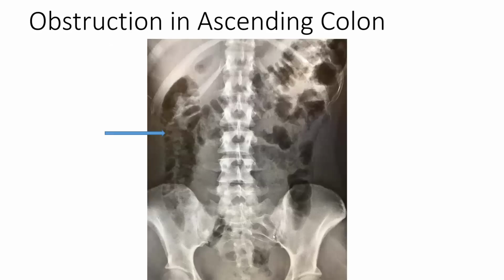Now, here we see a blockage in the ascending colon. Remember, soft tissue doesn't show up well under X-ray. Bony tissue does. But here we see this dark area is obstruction in the ascending colon. So we can see that the descending colon looks fairly clean. The transverse colon, which sort of goes up at an angle, which is perfectly normal, looks fairly clean too. There's only scattered amounts of material in there, but there's a large blockage right in here,